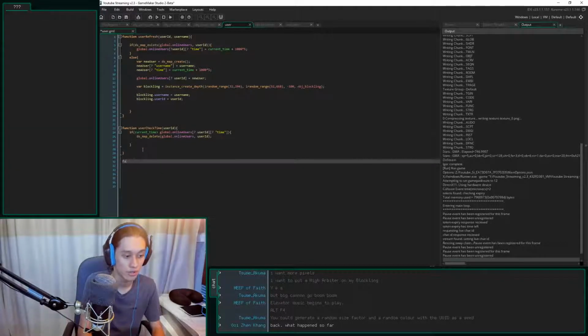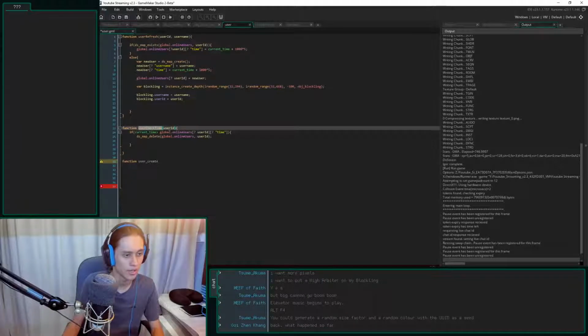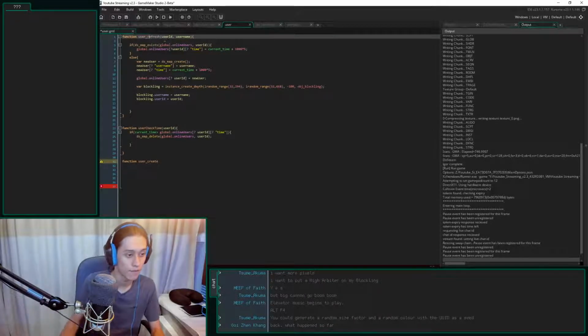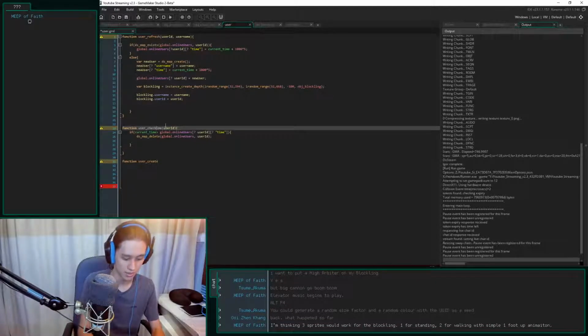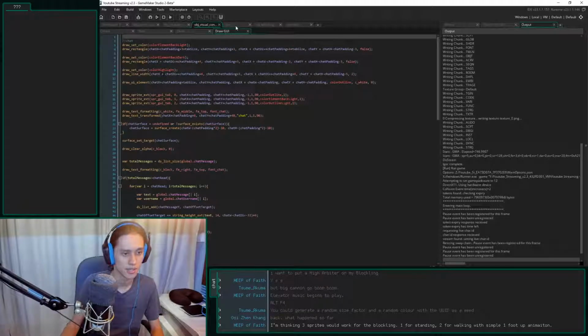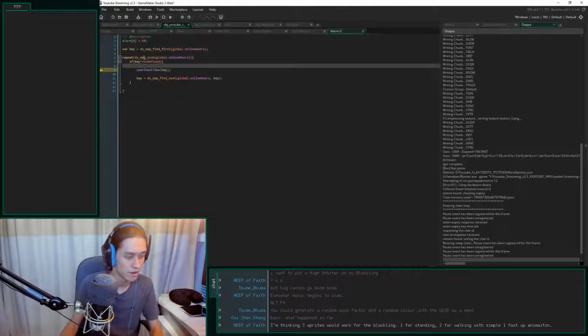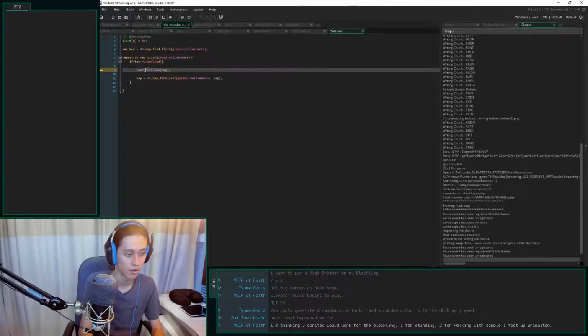Now we need to create user data structures. Function user data user create. I'm just going to call this user create. And I do not know why those are in capitals when every single one of my functions are not. This isn't camel hump. This is snake case? Yeah, this is snake case, I believe. So that's funny. Inconsistencies, which I do not like at all.